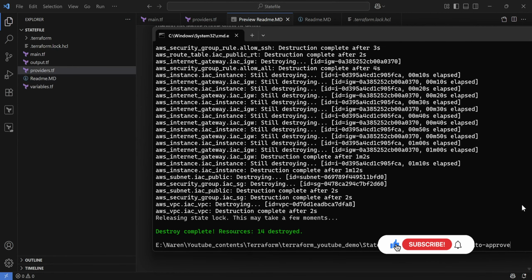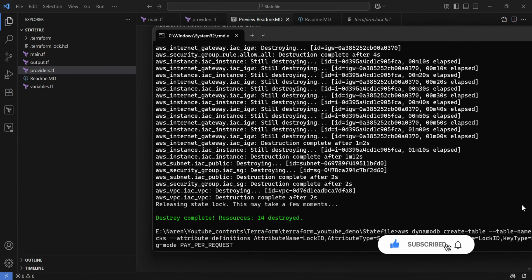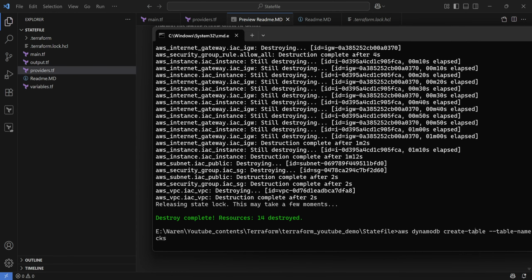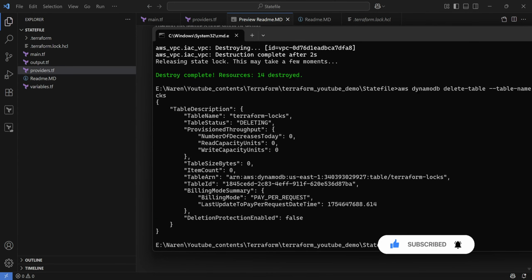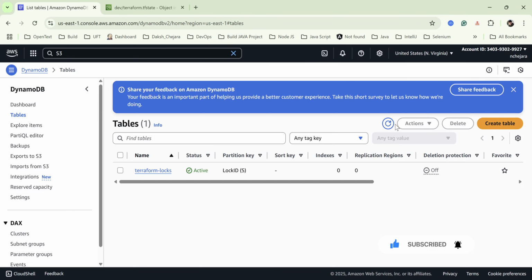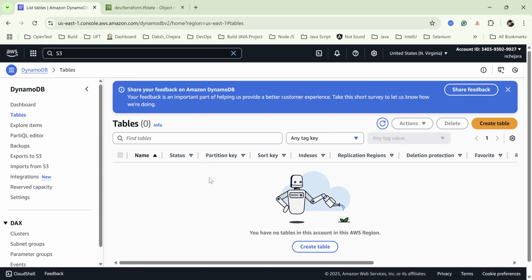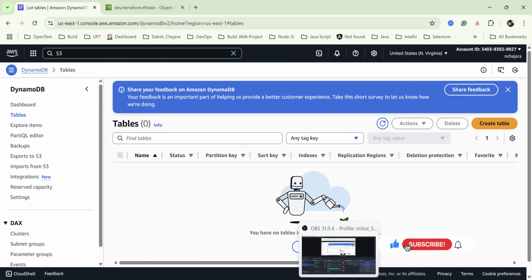So now let's say we run the create table, so we can remove all the things, and we have to remove the table as well. We don't need this table for the native locking support, so we can say delete table and then enter. So this will help you delete the table. Let's verify whether the table is deleted or not. It's active. Now when you refresh, you will see the table has been removed, and you can see 0 tables. Great,